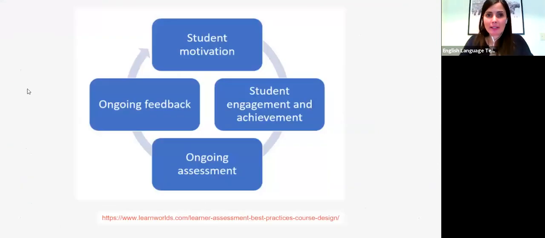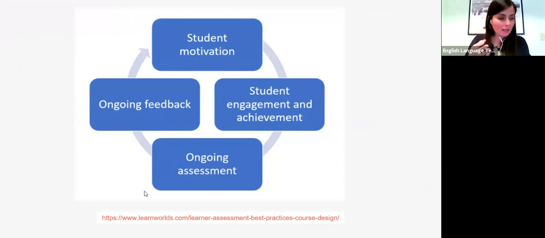And then you have this ongoing assessment going on, because with ongoing assessment, you give ongoing feedback to the students. And not only by you actually writing down feedback, but they can also see, oh, I got 3 out of 5 in this quiz. So it's giving feedback to them as well. Or I got 5 out of 5, or I'm doing really well. You wrote feedback for the student, and it increases motivation and increases student engagement and achievement.